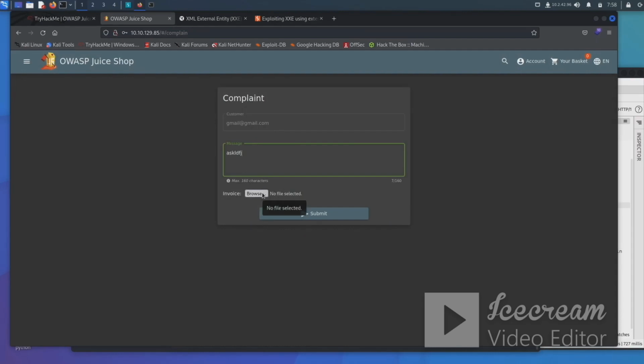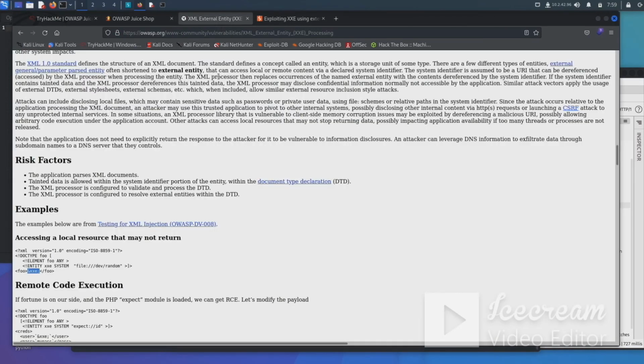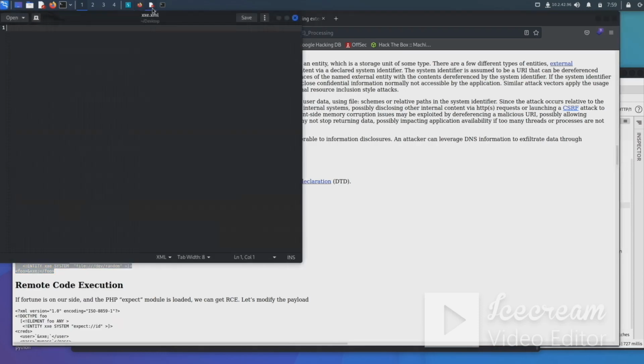And now we're going to need to upload a file. So we will create our XML file by coming over here to gedit, and this is what we'll just name our file so that way we know what it is. I'm going to make this on my desktop so that it's easy to find. And now we need our code to inject with. So we'll copy this. We can move it over here to our file, and then we'll just change this to /etc/passwd and save it, close it,